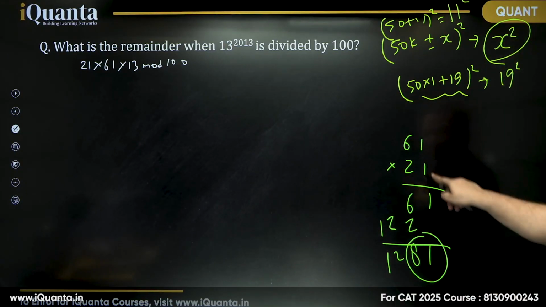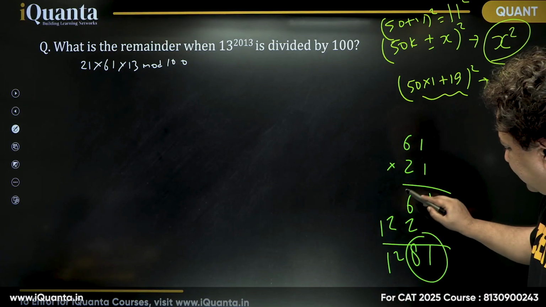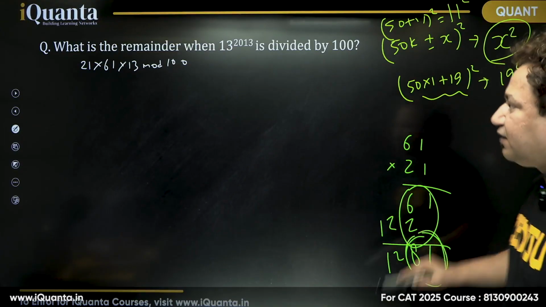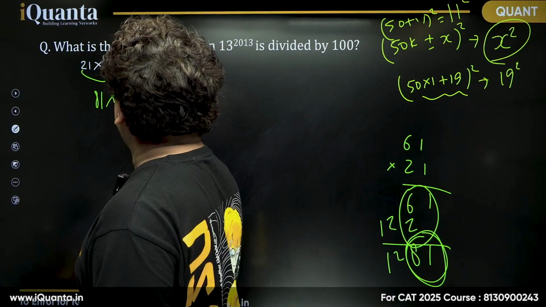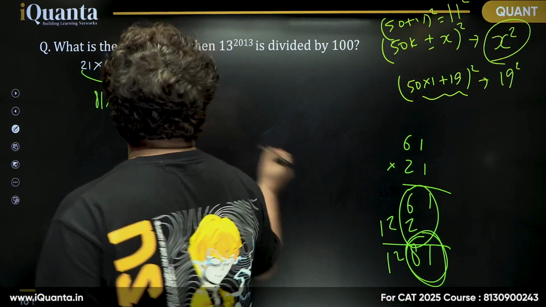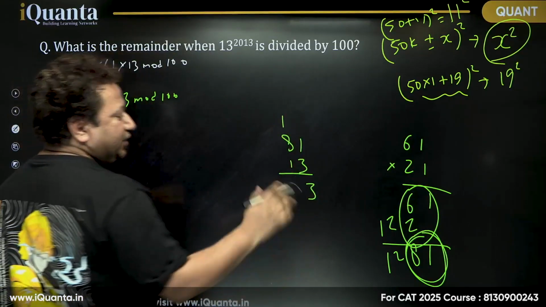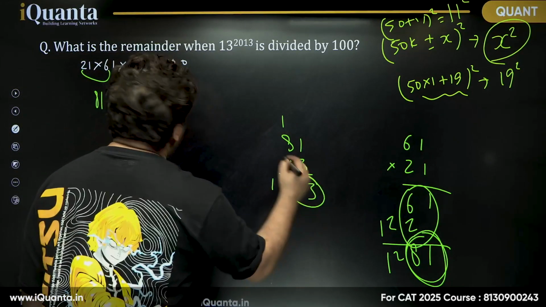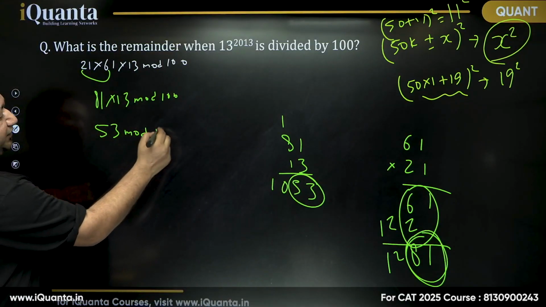We are concerned only about the last two. We have 81 here. These two will club up to make 81, then into 13 mod 100. Just multiply 81 and 13, 13 ones are 13, carry over 1, 13 is a 104, plus 1 is 105. Again, we need only these two. So this becomes 53 mod 100. And that's all. The answer is